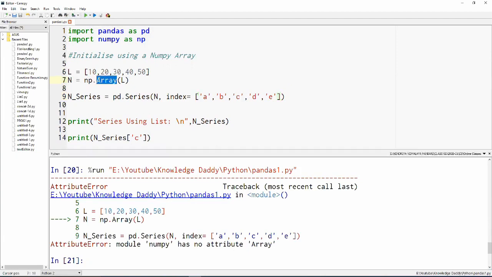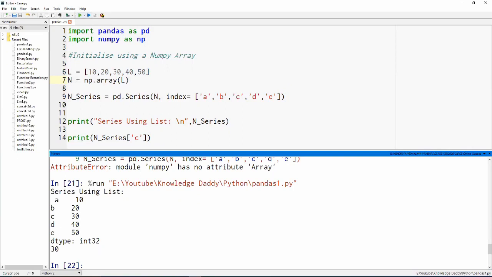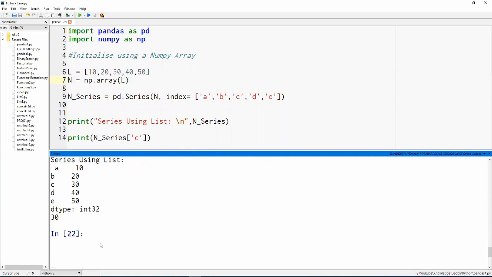Oh, my mistake. The array should be with a small letter a. See, using this, we find that the series has the same values as the others, right? Yeah, so this is kind of neat.